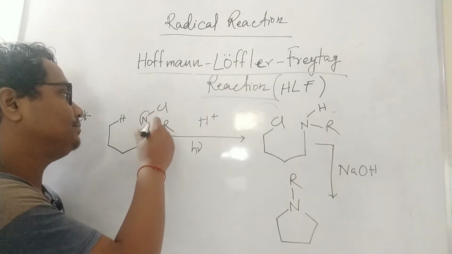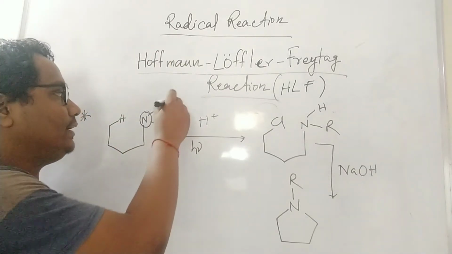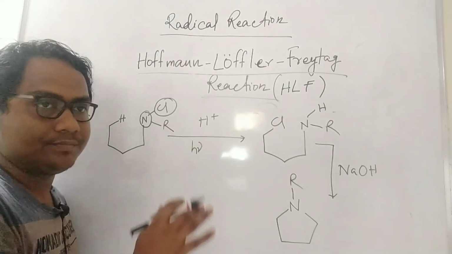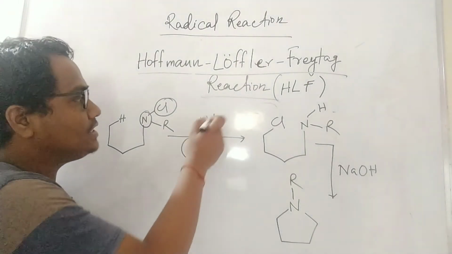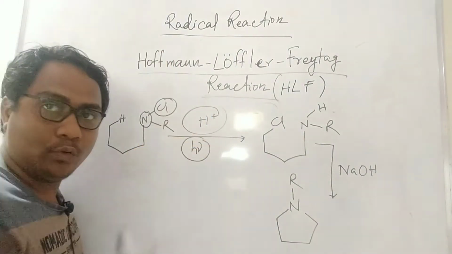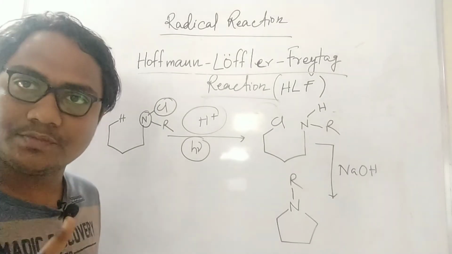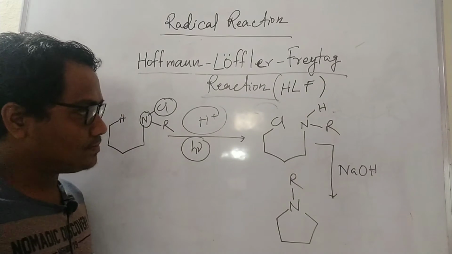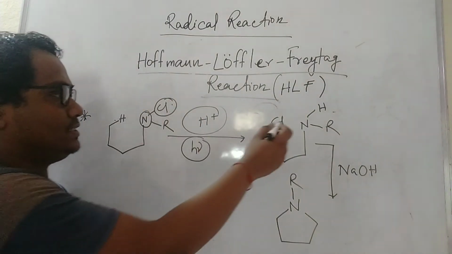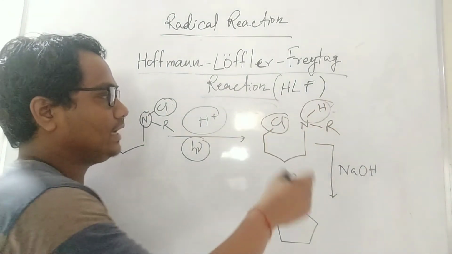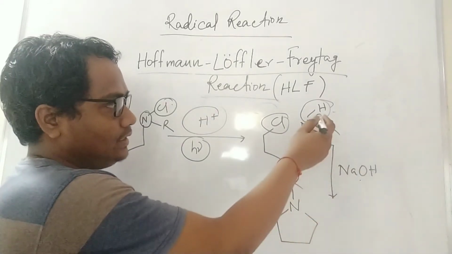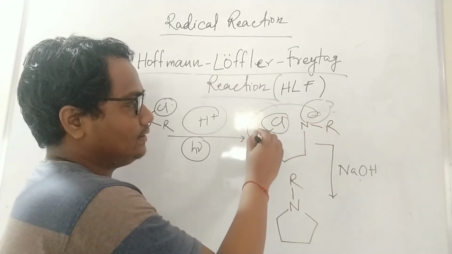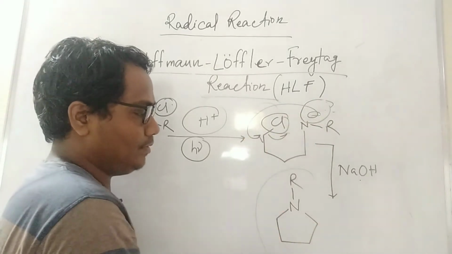Okay. See here I choose one simple example for your understanding. Here I choose N in place of Y, and X is Cl, and R is different, whatever the group is. See this condition, H nu, H plus. Previously what did we use? NO. Here it is not NO, here it is H plus. So H plus is used, and that is the main function. This Cl comes there, and H will go there. And then what happens? If you use base, then that base will abstract this H, and it will attack there, and it will leave, and this kind of five-membered ring will form.